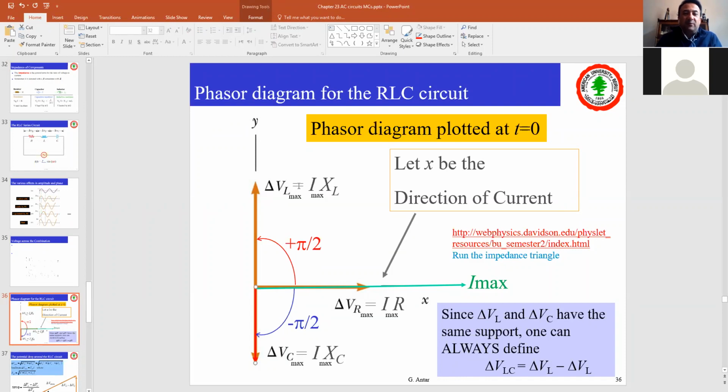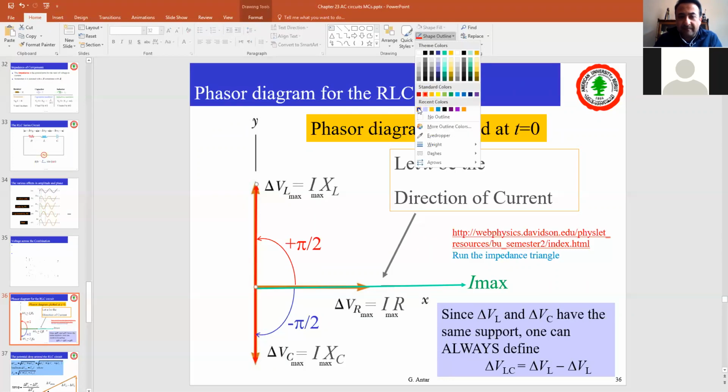Now, what happens to my inductor? My inductor adds plus pi over 2 to the voltage with respect to the current. So I'm going to go back here and draw this. That's going to be my